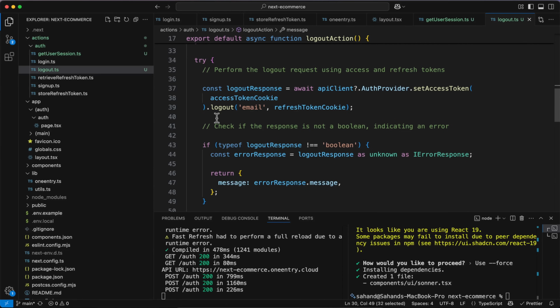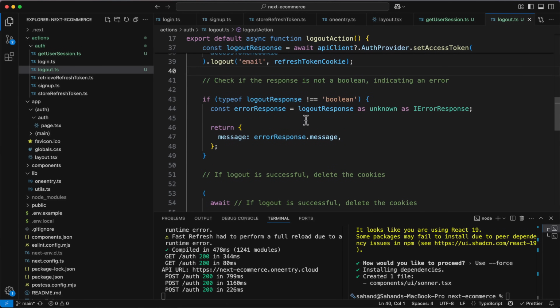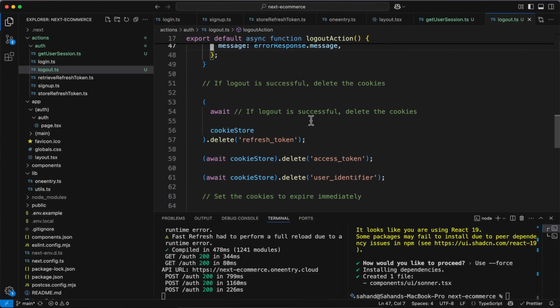So we use the method called logout from OneEntry. We just send the user email, based on the email. Remember that our provider is called email, and we just send the refresh token, and then this is going to log out the user. We need to handle the errors here. If it's not Boolean, we're going to send a message as an error. And the other thing we need to do is to delete the refresh token,